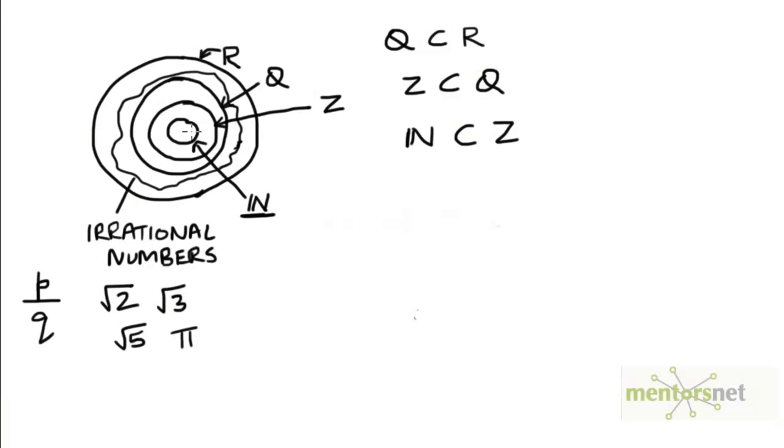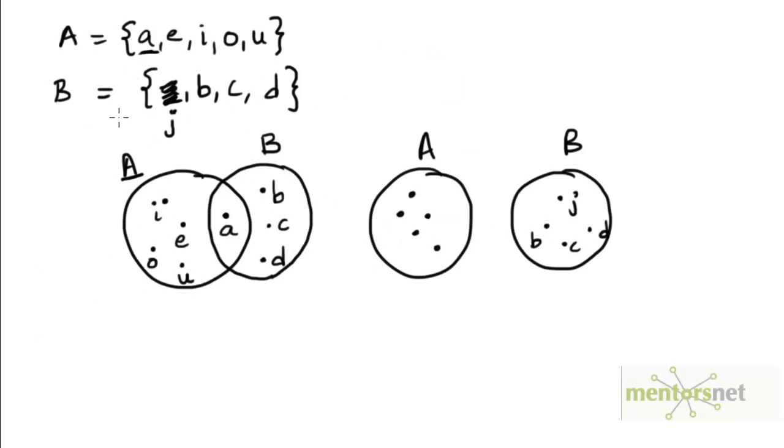This kind of diagram, where we represent sets as circles and subset relationships as circles within circles, is called a Venn diagram, named after a mathematician of that name. We have been seeing Venn diagrams for some time now. We saw it in a previous problem as well, where we had these two sets A and B, which we